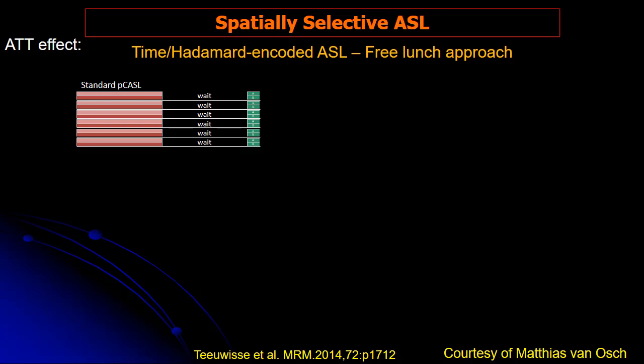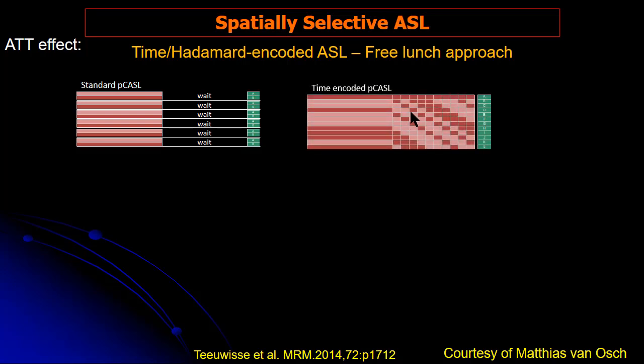Another way to obtain the ATT information is through the time-encoded ASL. So standard PCASL, you do a labeling for almost 2 seconds, and then you wait another 2 seconds before the acquisition. So to take advantage of the time that you are waiting,